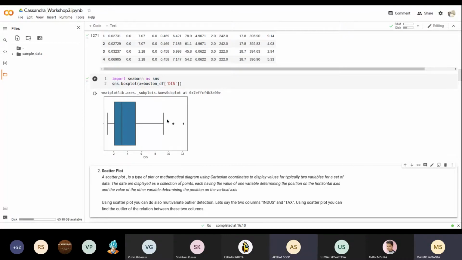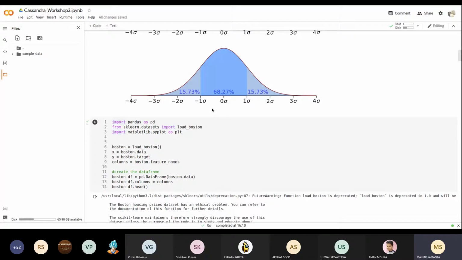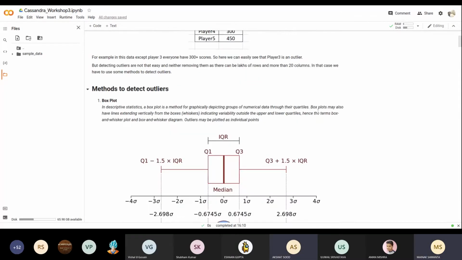What the box plot does is collect the points which are very close and plot a box around them. The box denotes that these points are very close. In a box plot there is one box and two whiskers.